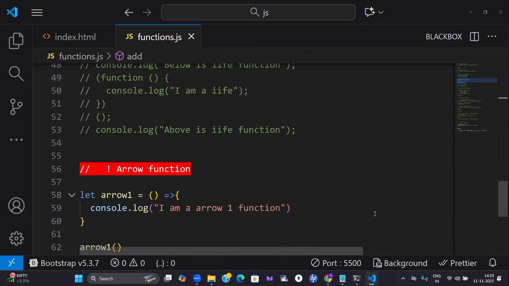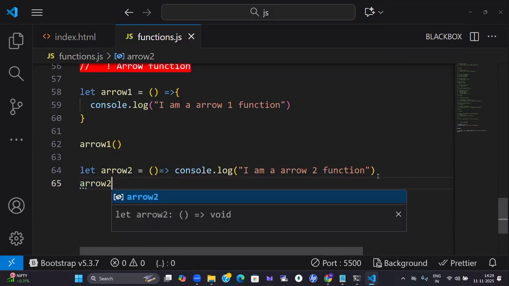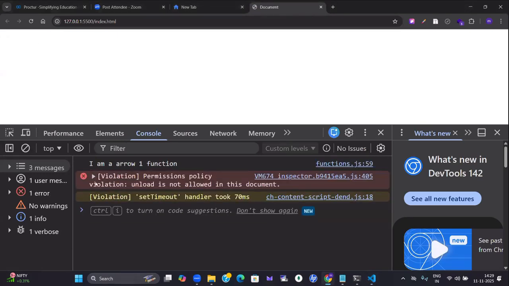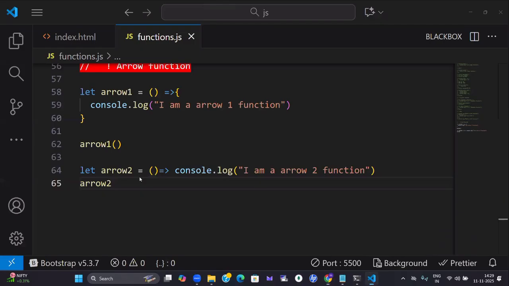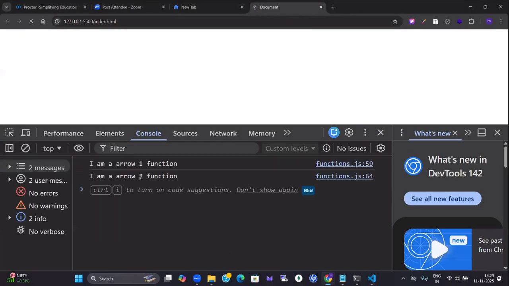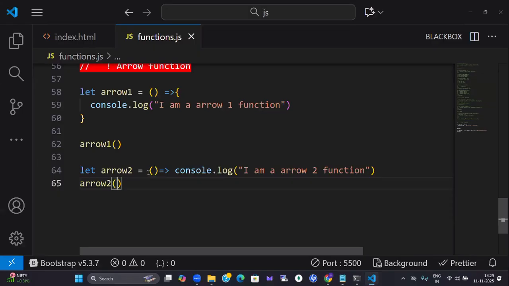So how to call this function now? Arrow2(). I will call like this. Now you can check, arrow 1 function, arrow 2 function, both are working, right? So if I have only one line of execution, then we need to use it like this. If I don't have any parameters to pass, then no need to